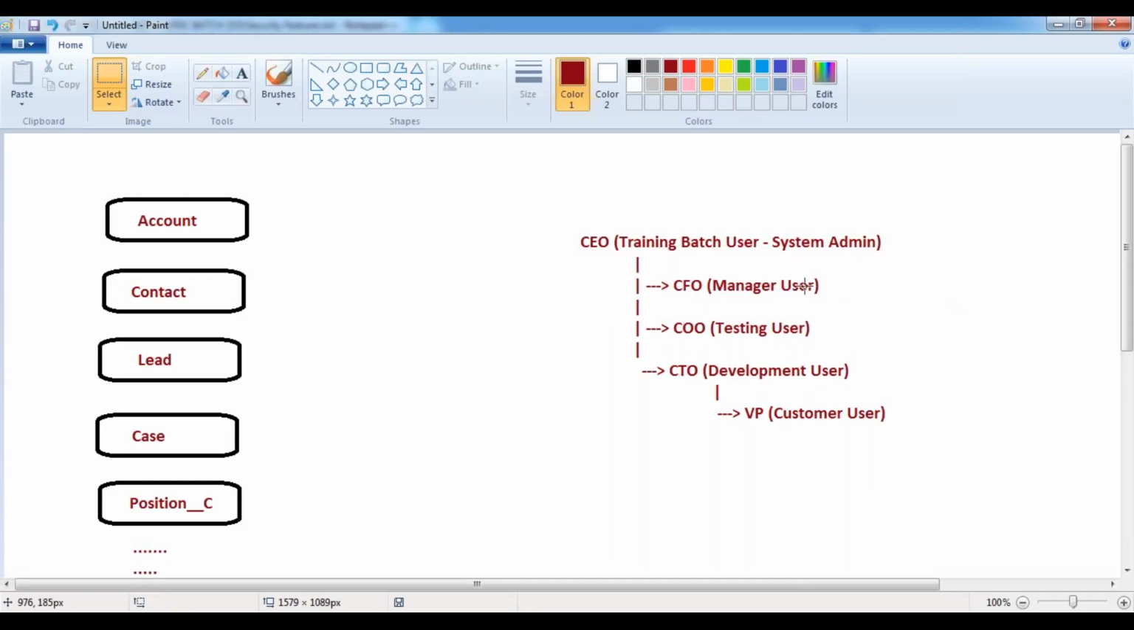Now in this case, whenever a testing user has created a record inside this account table, to whom that record should be visible, that means we are indicating the